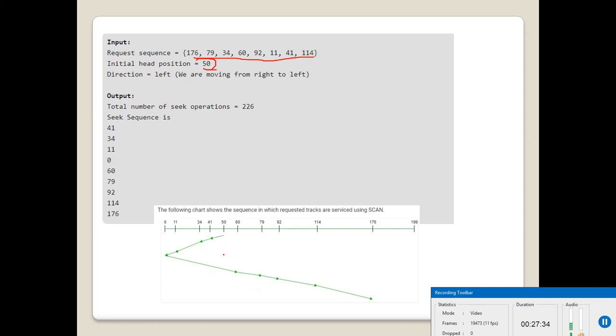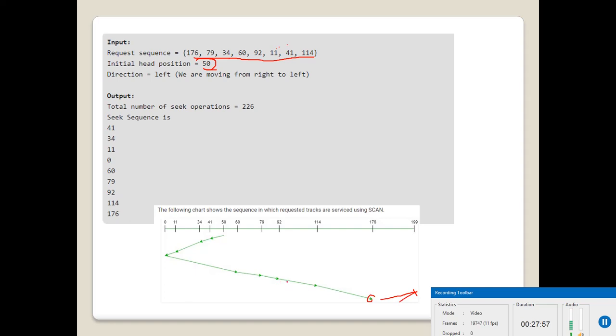So from 50 it will go to 41, then 34, then 11, then it will go to 0. From 0 it will start jumping up from 0 to 60, from 60 to 79, 92, 114 and 176. It is not going towards the other end to 199, it is just stopping at the last request.